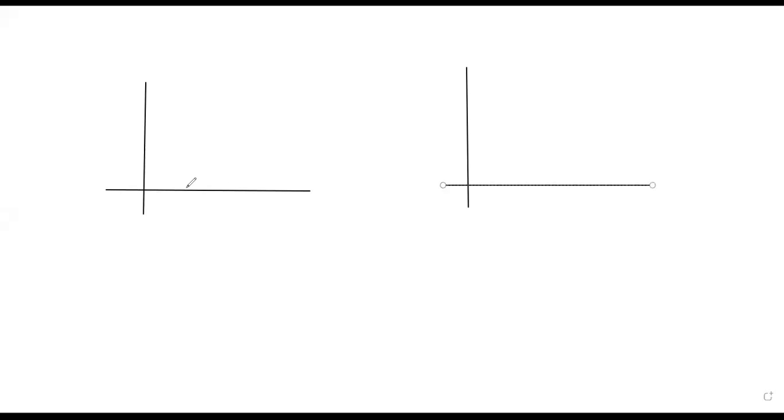So what kind of graphs did you take in physics? Two graphs. Distance time graph or speed time graph. Yes, distance time graph and the speed time graph. When I say distance time graph, the distance is on the y-axis and the time is on the x-axis. For the speed time graph, the speed is on the y-axis and the time is on the x-axis. Now, if you go for the distance time graph,